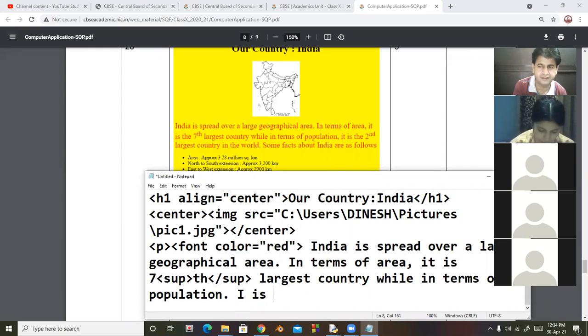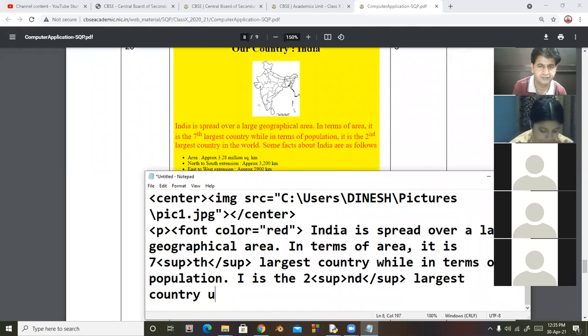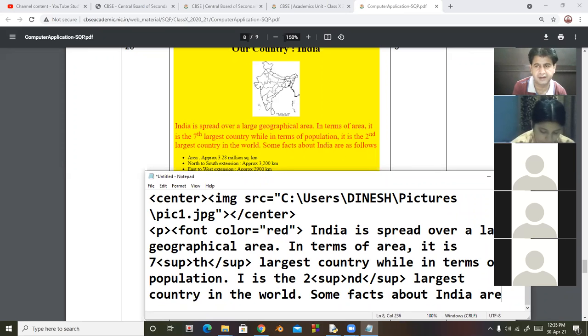Now it is the second. Beta, again superscript. Largest country in the world. Some facts about India are as follows.